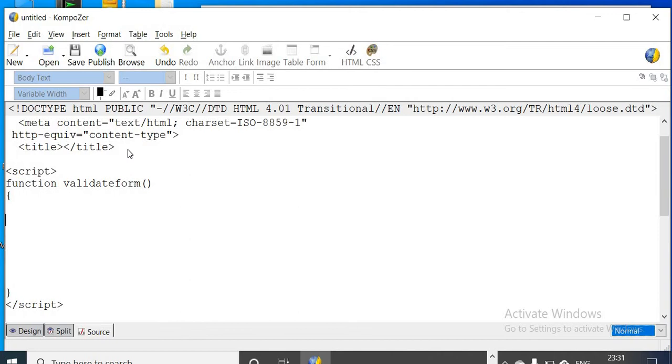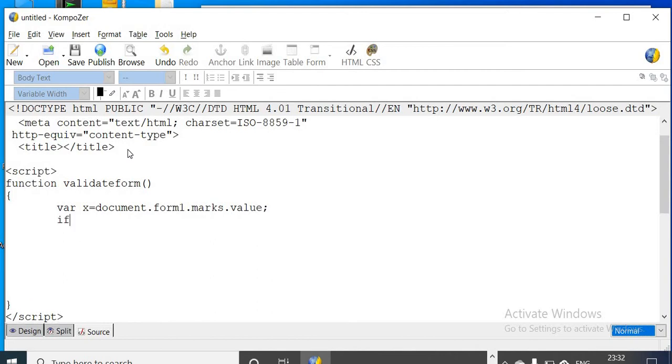Now in this function definition, we declare a variable x equal to document dot form1 dot marks dot value. That will fetch the content of the marks text box.